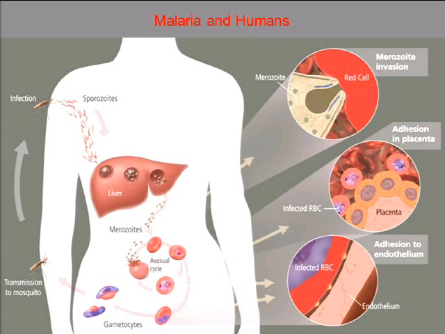Okay. The other thing that can happen is that the infected red blood cell can adhere through this adhesive protein that you see to the endothelium within the vasculature. So what is this going to cause? Ashley? Clot. Clumping of these red blood cells and clot formation.